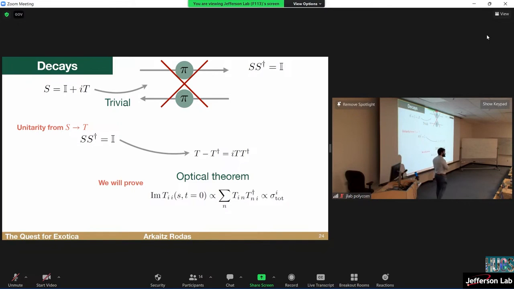Now, because S is unitary, you can do this as an exercise. This is a unitarity equation for T. And what we are going to prove in the next lecture, on Friday, is the optical theorem. The dx, as I promised before, we count the number of hits on the detector. And this is basically the total cross-section of a process. This is the total number of hits. And this, the optical theorem, can be related to the amplitude for a given set of kinematic variables. So yes, if we get this in an experiment, then we get this. And this is what we are hoping for.